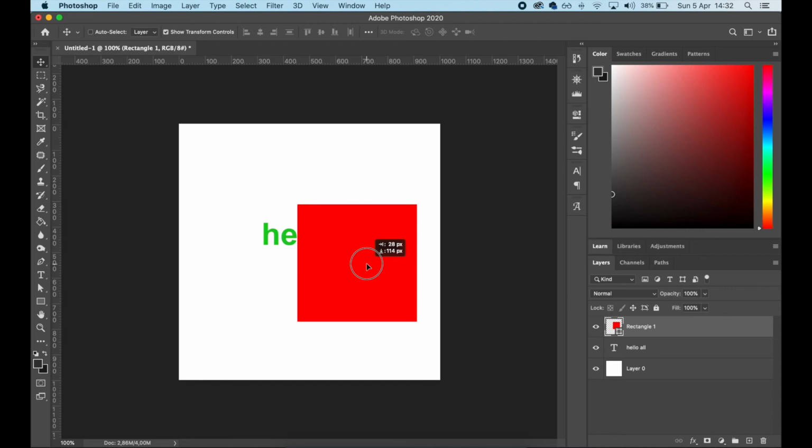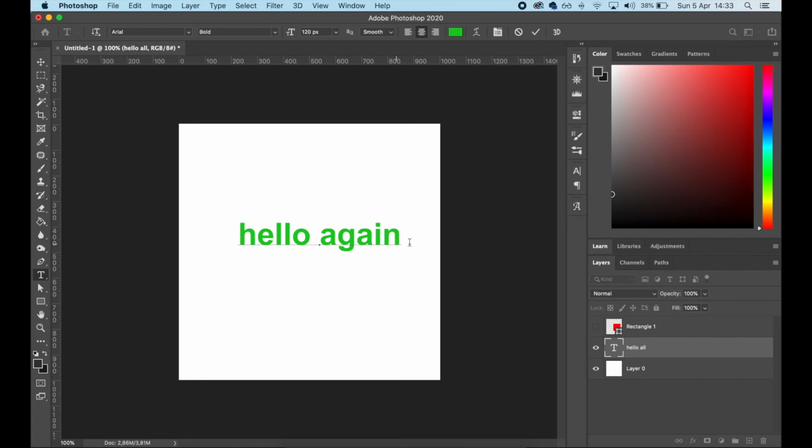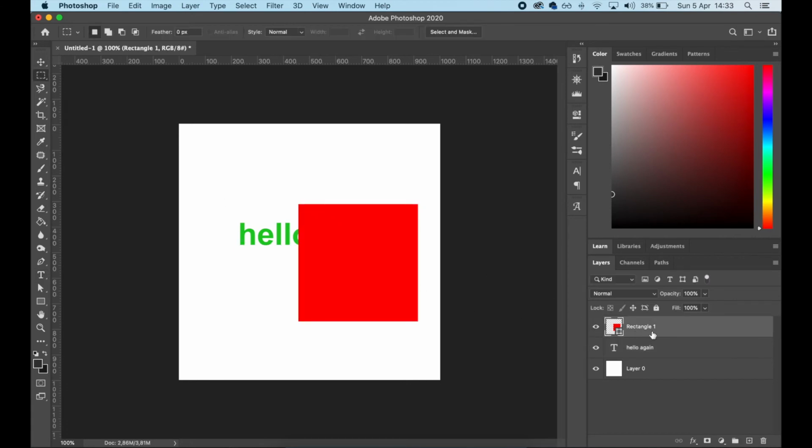So let's say for instance I want to work on my text layer here, I can hide my shape layer there, change the text, and after I finish I can show the shape layer again and continue working on my project. Okay, now let's say you want to paint on one of these layers, you can add a new layer here or hit Command Shift N and it will add a new layer here on top of all the other